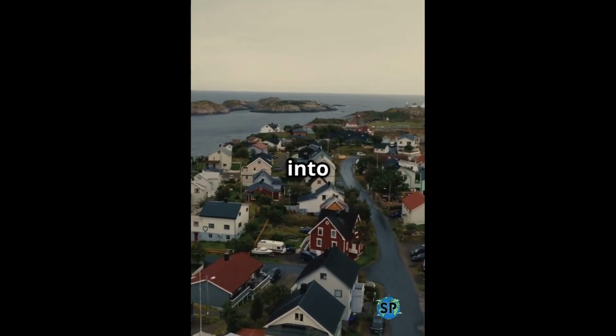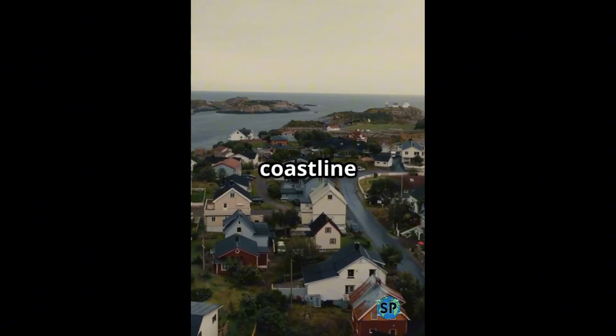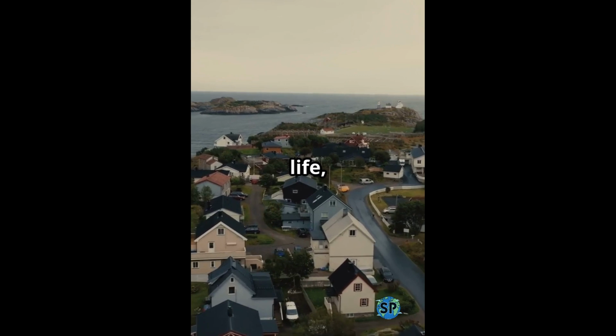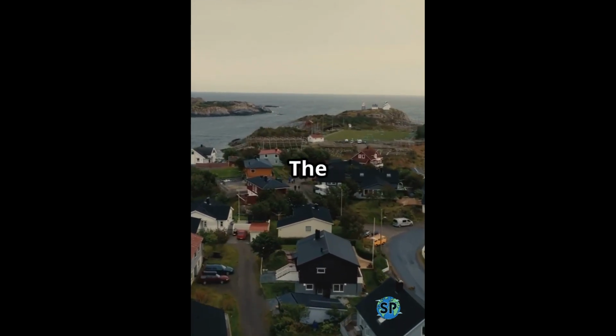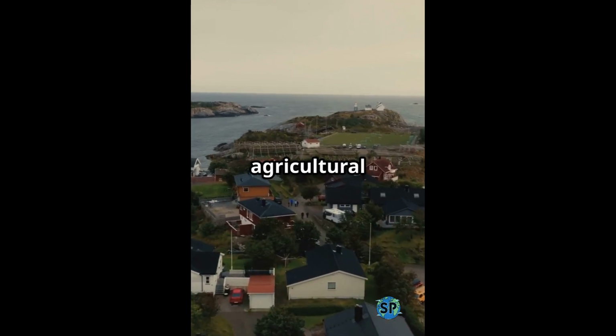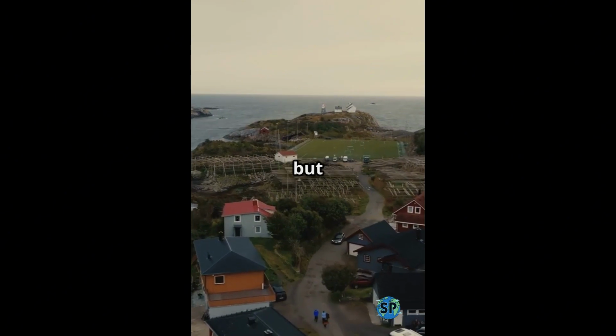Let's dive deeper into the origins of this peculiar dish. Norway, with its rugged coastline and abundant marine life, has always relied heavily on fish as a staple food source. The harsh winters and limited agricultural opportunities meant that preserving fish was not just a culinary choice, but a necessity